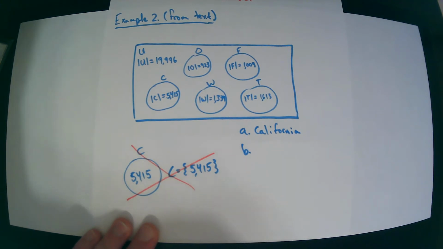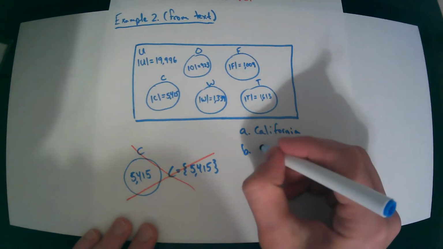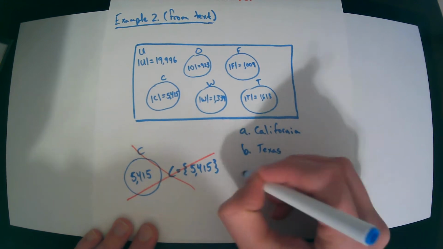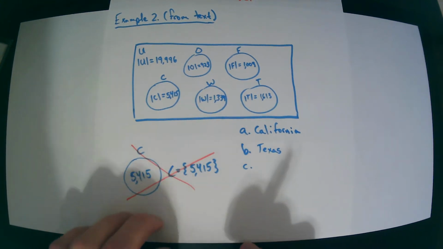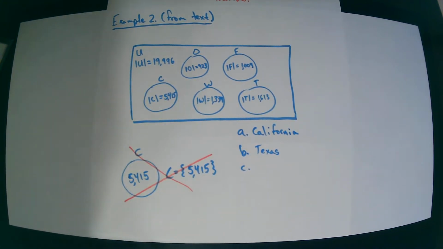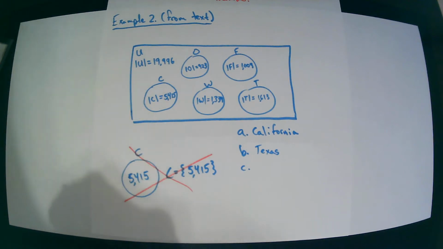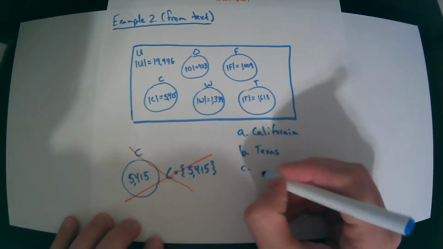Which state has the second highest? Looks like Texas. So once you have this, it's pretty easy to answer these questions. How many do the top 5 states have altogether? So you would just find the sum. You would just find the sum of all these numbers, and it looks like